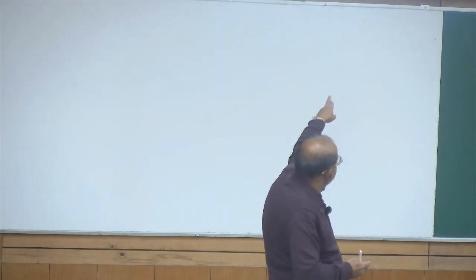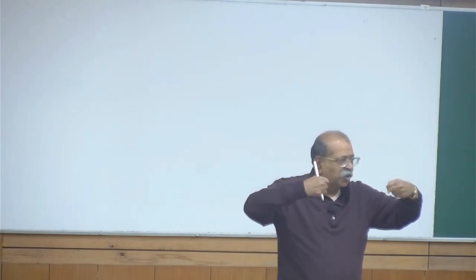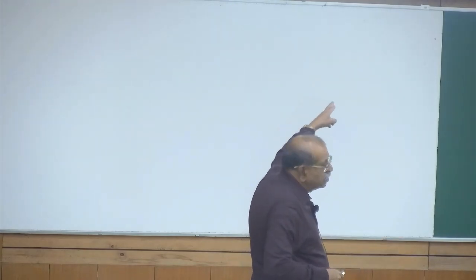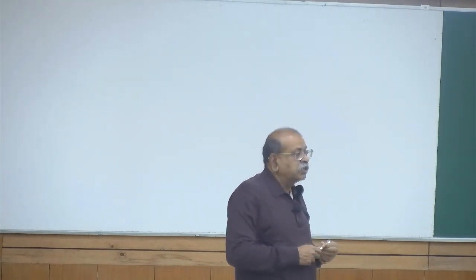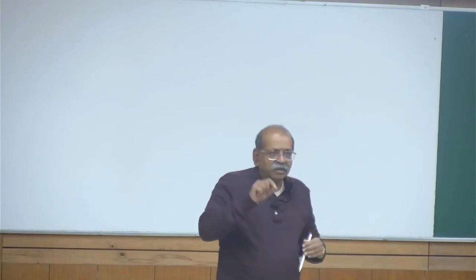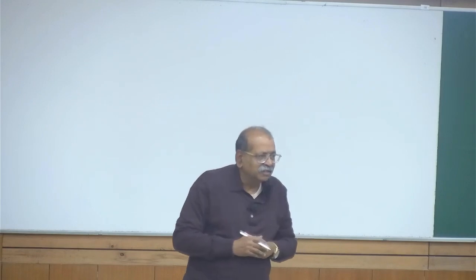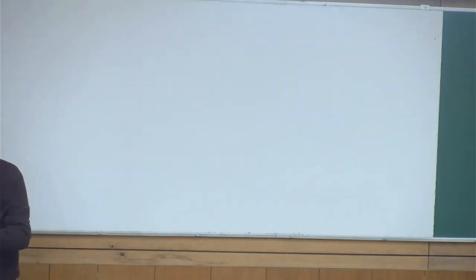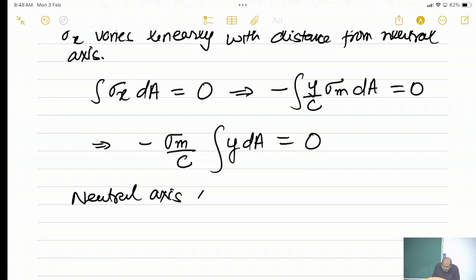But now, if there is no axial force acting on the bar, which is the case when we have pure bending, then the neutral axis has to pass through the centroid of the bar. So you locate the centroid, that gives you the position of the neutral axis. So what this tells you is, this implies that the neutral axis passes through the